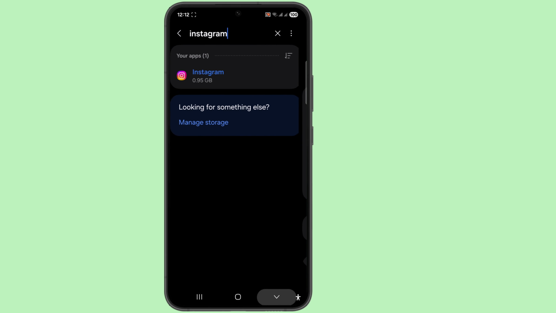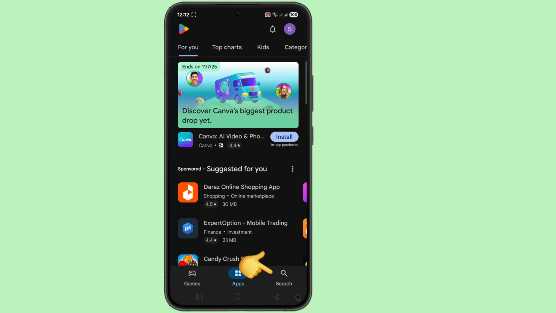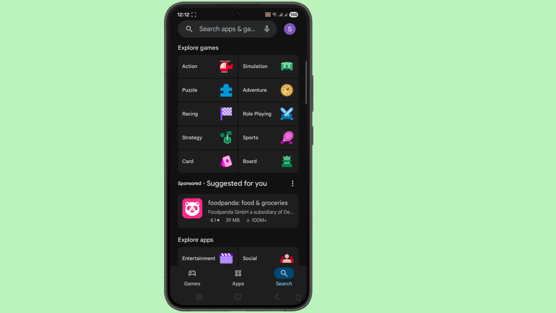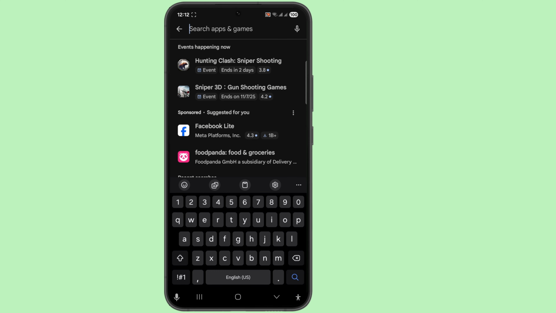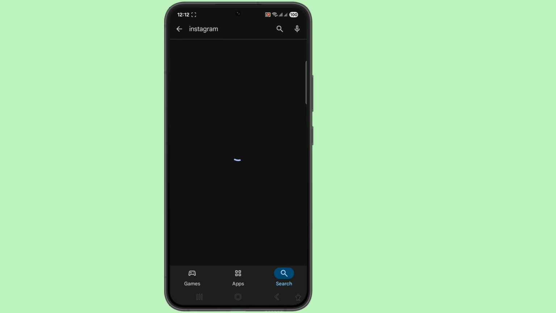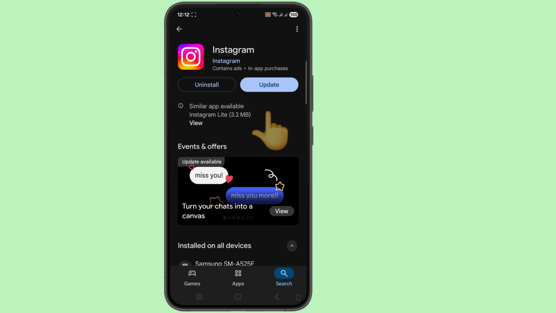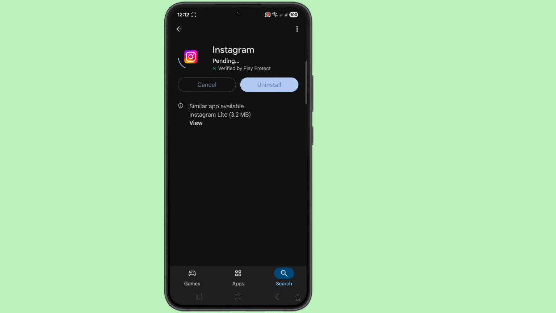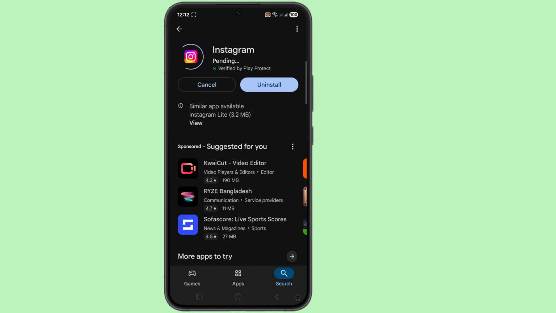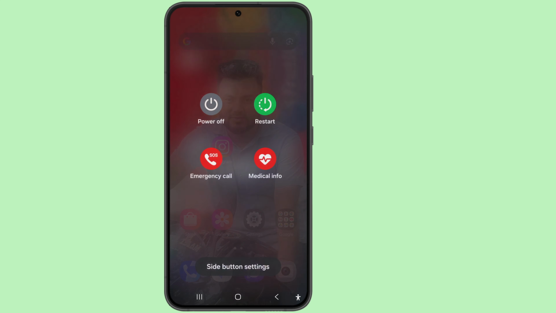Go back to the home screen, go to Play Store, click on the search option, search for Instagram, click here Instagram. Instagram has an update, click here, just wait. Now restart your device